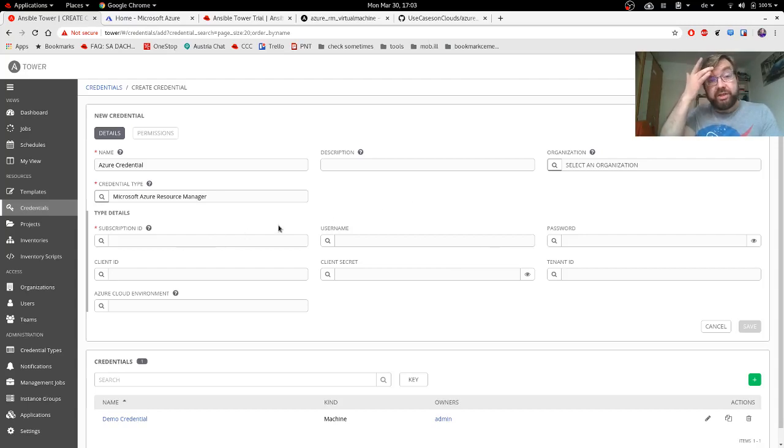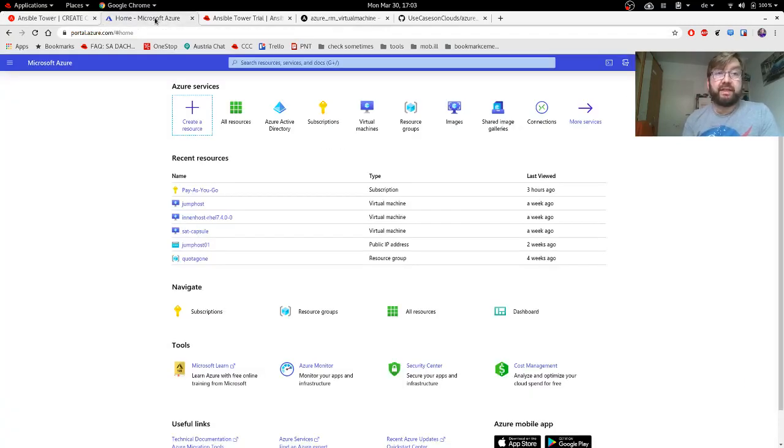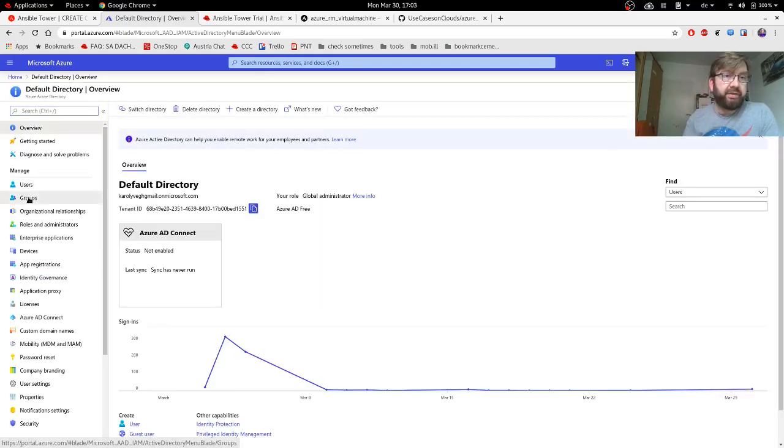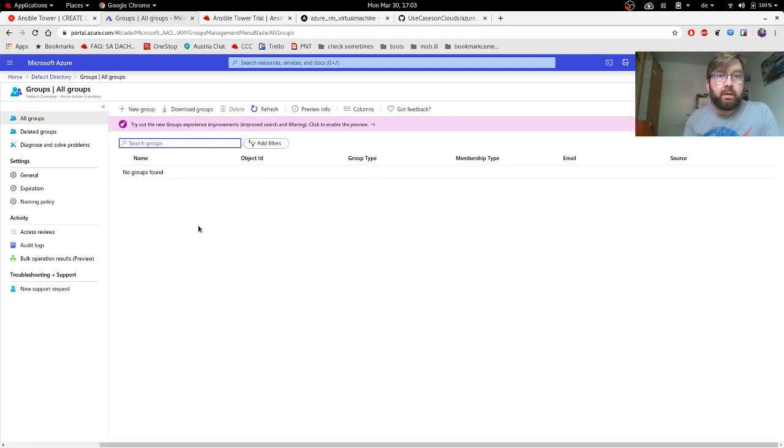And as soon as I choose the type, it will ask for the subscription ID I use on the Azure side, a username, and the password. There are different possibilities here to authenticate, but I found it the simplest now to create a user within Azure and provide its password to Tower. Right, so we find this information in the Azure Active Directory,